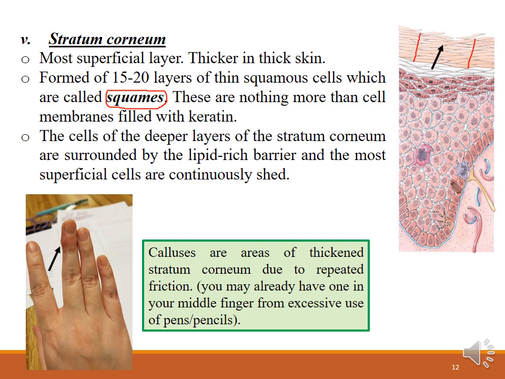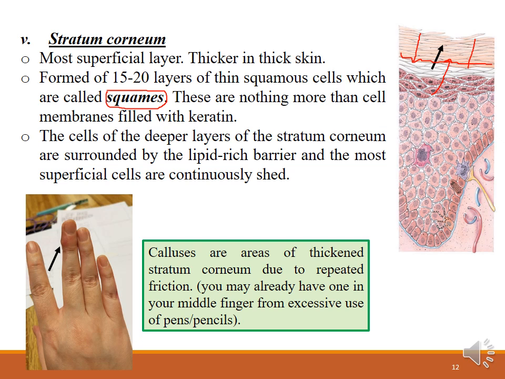These cells have no nuclei, no organelles. They are just cell membranes filled with keratin. So these are dead cells. The cells in the deepest part of the stratum corneum are also surrounded by the lipid-rich barrier produced by the stratum granulosum. So the lipid-rich barrier is formed in the stratum granulosum, but it surrounds the cells up to the deep layers